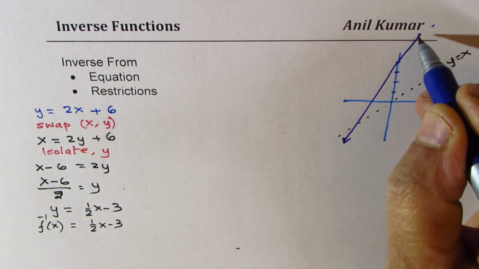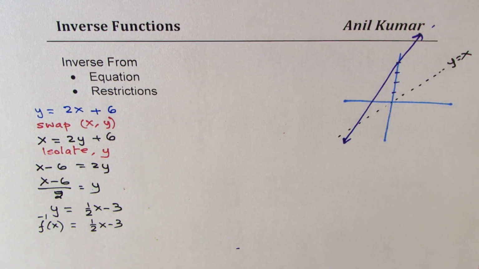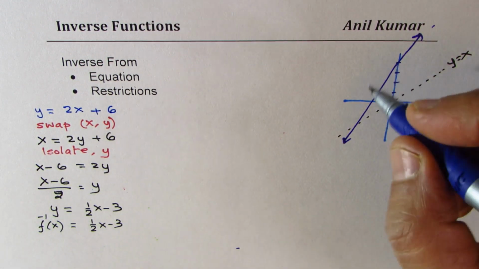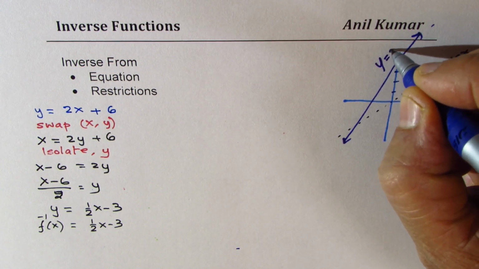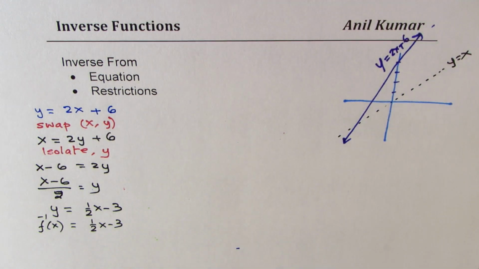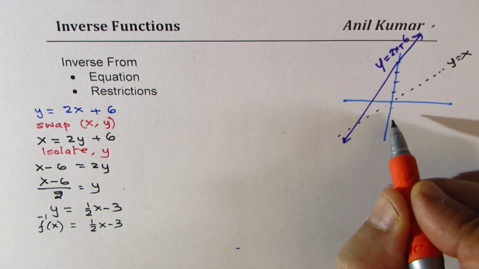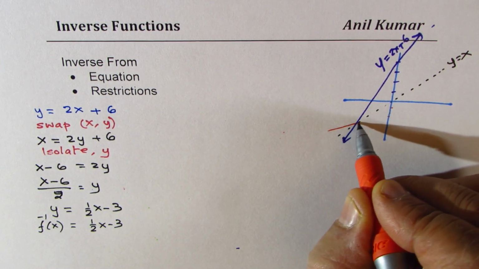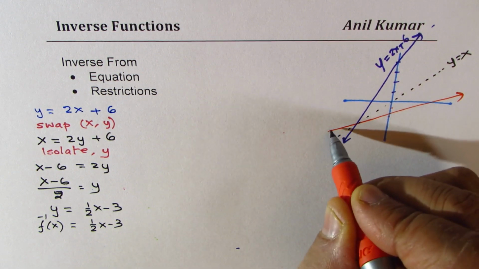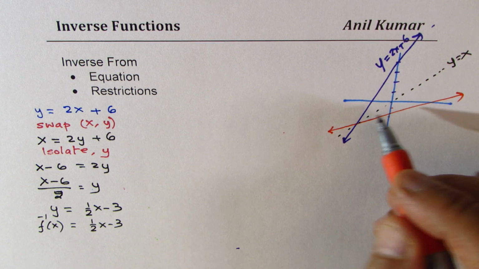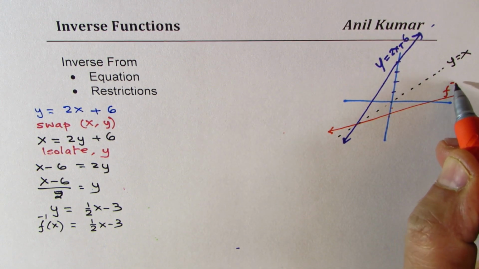Let's say this, right? So I'm just making an approximate sketch. So the graph will be y equals 2x plus 6 as shown here, and its inverse, which is minus 3.5. You will notice that minus 3 is right there. It will be a line which goes in this fashion. So when you graph it on a proper graph paper, this is how you will see the inverse of this